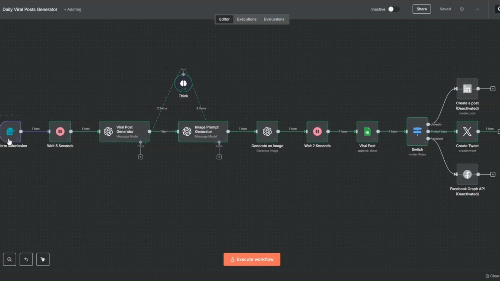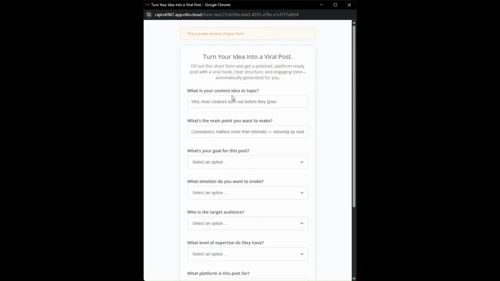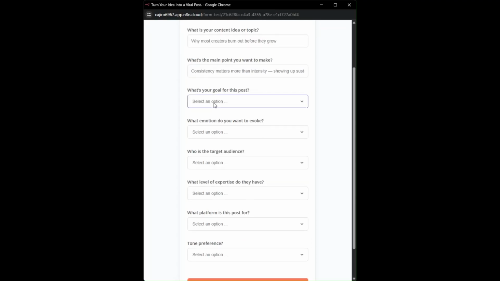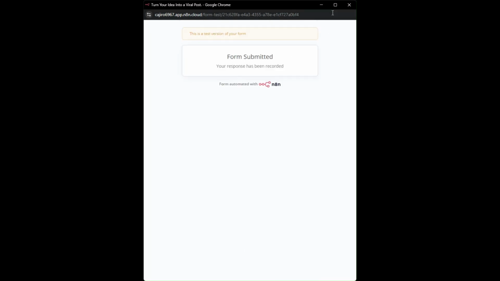To test our workflow, I'm going to unpin this. Then I'll click on execute workflow to fill out our form. In our form, we're going to add our content idea or topic, the main point we would like to make in our post. Here we're going to choose our goal. For example, we can say we'd like to build authority. For the emotion, we can say curiosity. Target audience, we can choose content creators. For the level of expertise, we can choose advanced. Platform, we're going to choose Twitter. And the tone, a professional tone. Then I'll click on submit form, and you can see